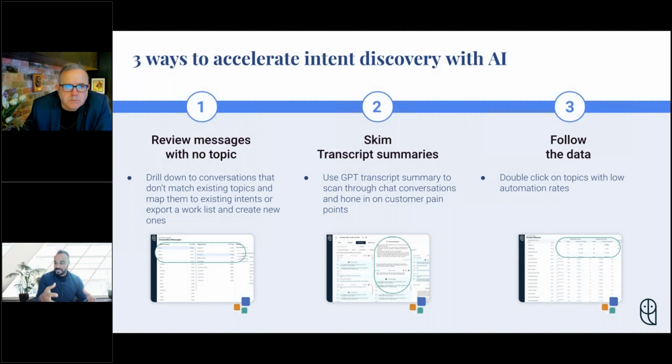We'll start with the problem that I faced in my teams, which is reviewing messages without a topic. These are where a user would send something, the bot would say, hey, I'm having trouble, can you rephrase, can you try again? And the user would often rephrase, and if your bot's strong in terms of NLU, or the user's rephrased drastically enough that it looks different, the bot may understand it. But a customer like mine a few years ago may have 500,000 chats a month, maybe 10 million messages over the course of a couple of months.